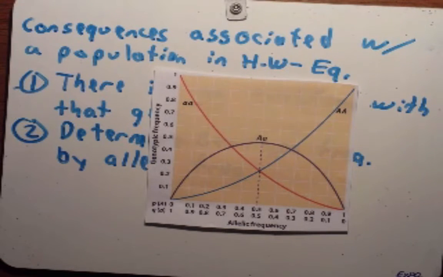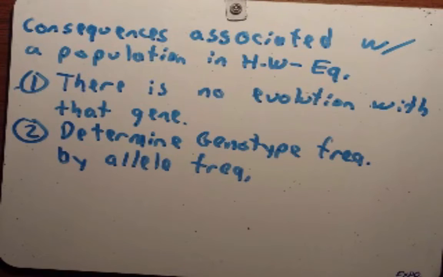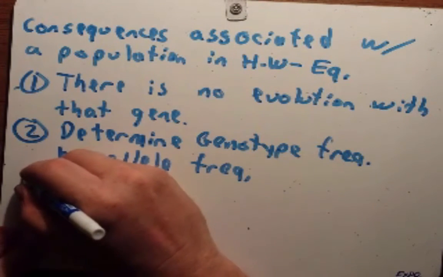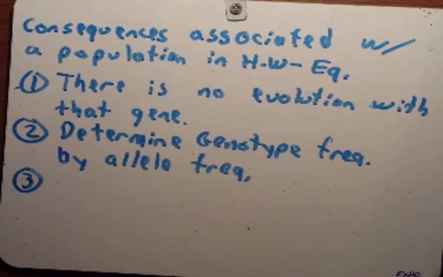But using a table like this, as long as the population is in Hardy-Weinberg equilibrium, we can make a lot of really good predictions about the number of heterozygotes or homozygotes within a population. Another important question, and I love to ask questions similar to this on tests or quizzes, is that